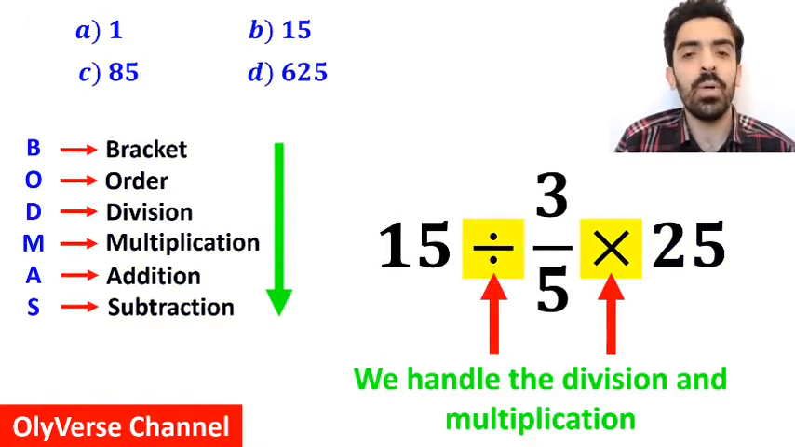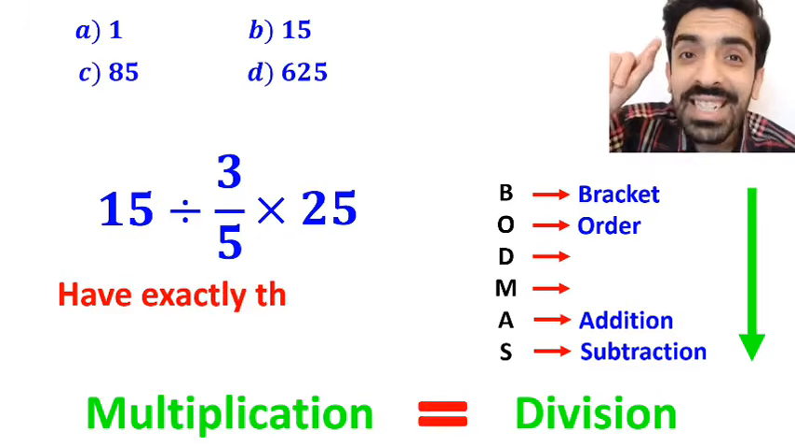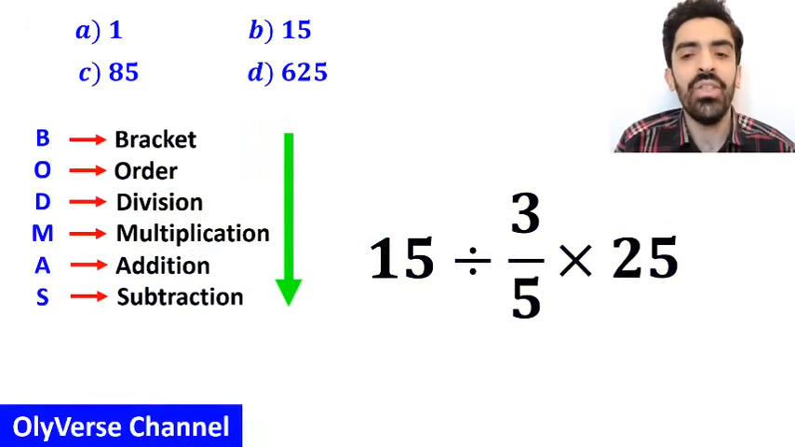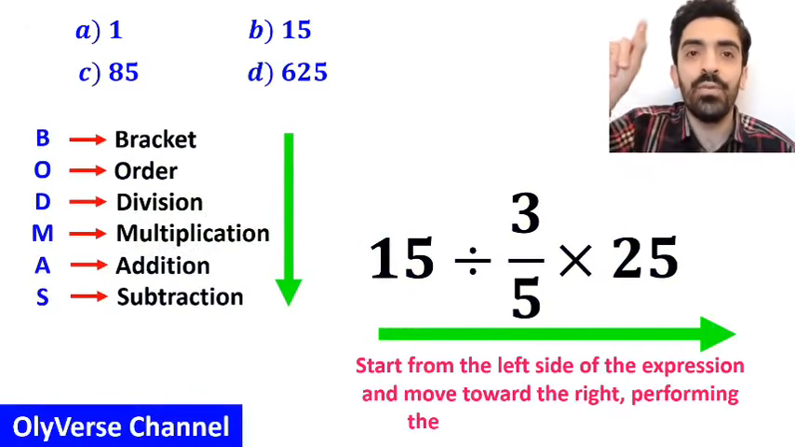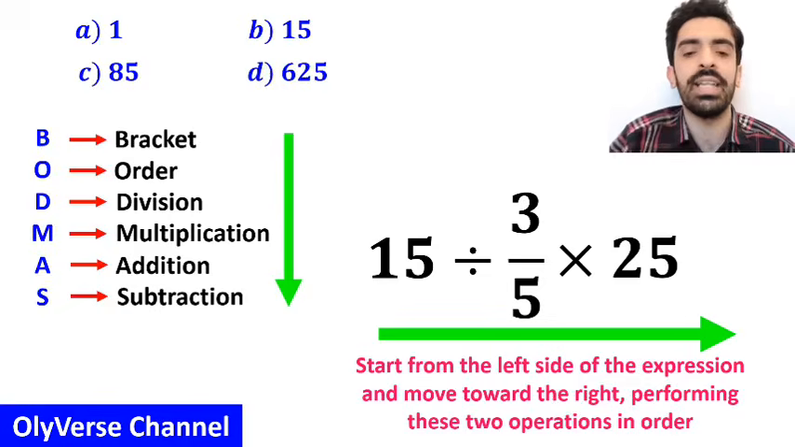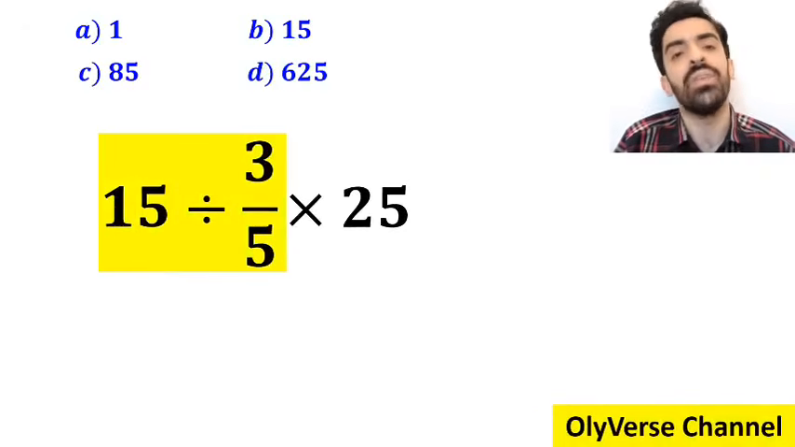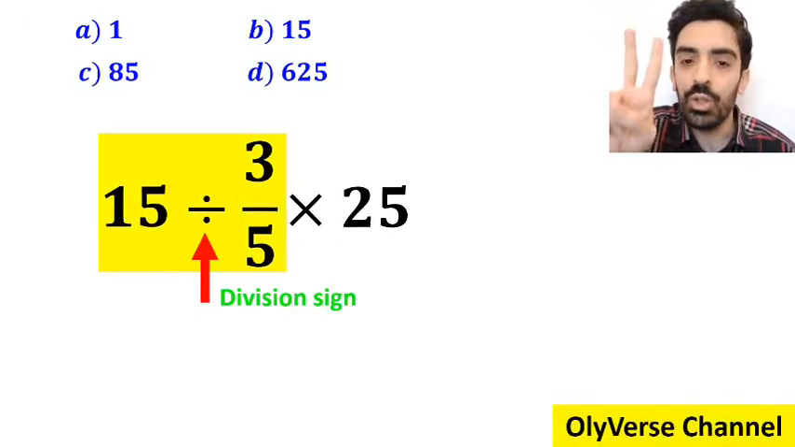However, it's very important to note that in the BODMAS rule, multiplication and division have exactly the same level of priority. In this situation, the best thing to do is to start from the left of the expression and move toward the right, performing these two operations in order. So, first we perform the division between 15 and 3 over 5. Okay, whenever we see a division sign between two terms,